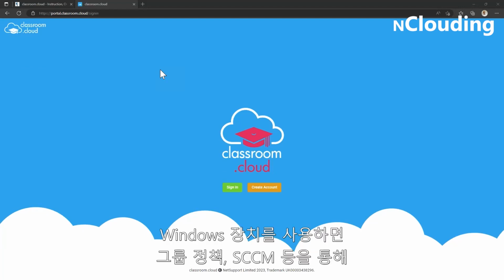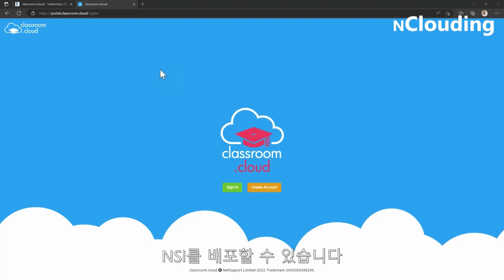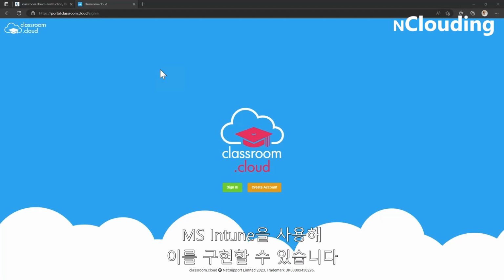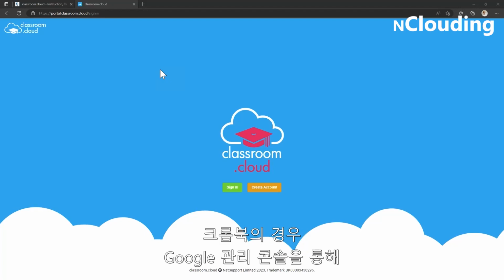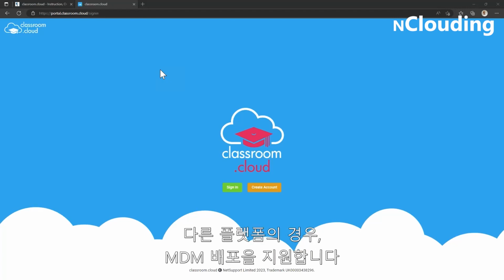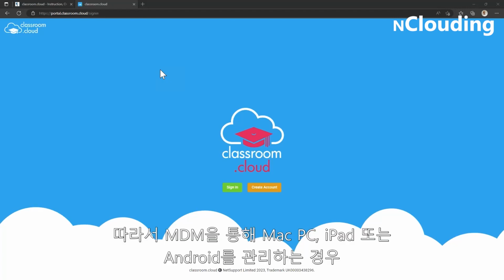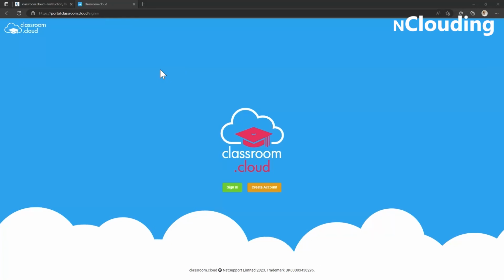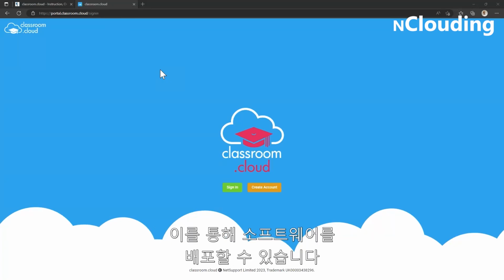So with Windows devices, we can deploy an MSI via something like group policy, SCCM, or if you've gone fully cloud, we can utilize Microsoft Intune to deploy that. For your Chromebooks, we use an extension which can be pushed out through the Google Management Console. And for the other platforms, we support MDM deployment. So if you're managing your desktop Macs, your iPads, or your Androids through an MDM, we can deploy our software